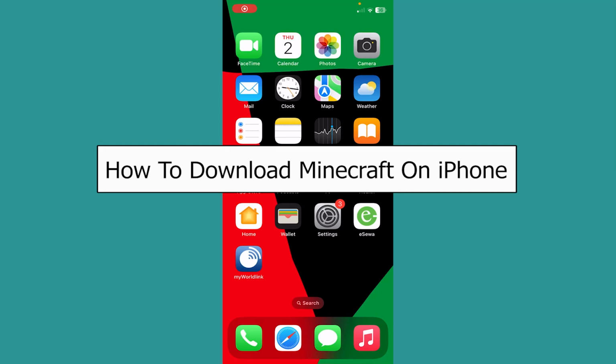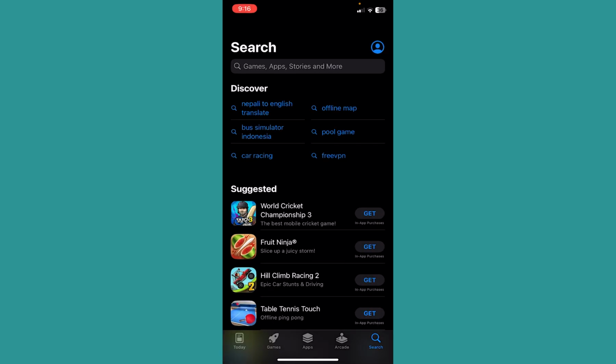Today I'll be teaching you guys how you can download Minecraft on iPhone. It's pretty simple. Open up your App Store and then click on search at the bottom right of your screen. Then you want to click on the search icon at the top, and over here you want to write